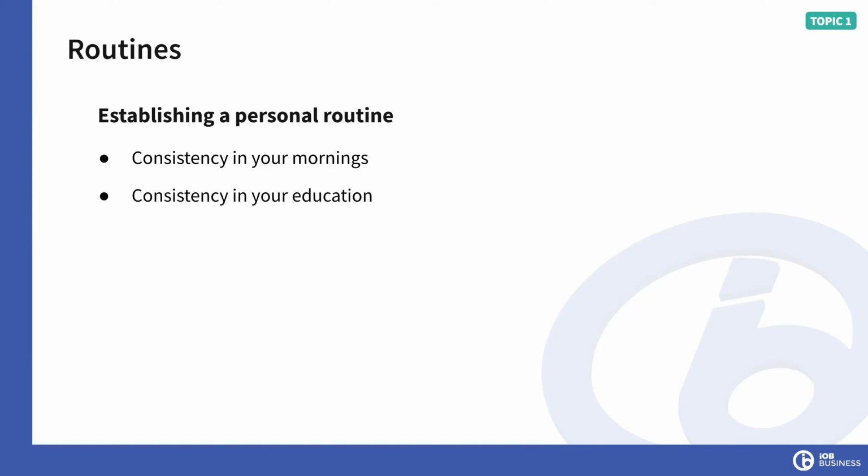Next thing we need to do: consistency in your education. Digital agencies are one of the most dynamic businesses that exist today. That is because they operate in the online and digital space. The digital space is continually evolving all of the time. The agencies that can stay on top of the evolution, they're learning new things, they're hearing about new algorithms, they're looking at new ways for advertising platforms to reach new customers, okay? If you are doing this, you will be a leading digital agency.